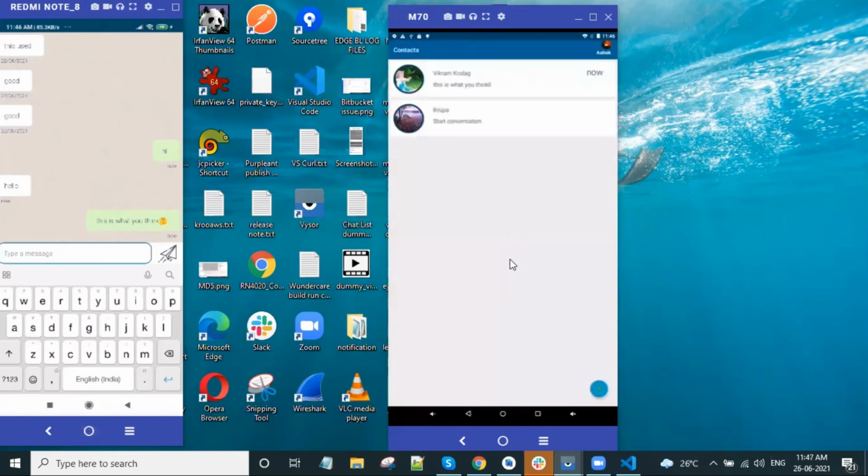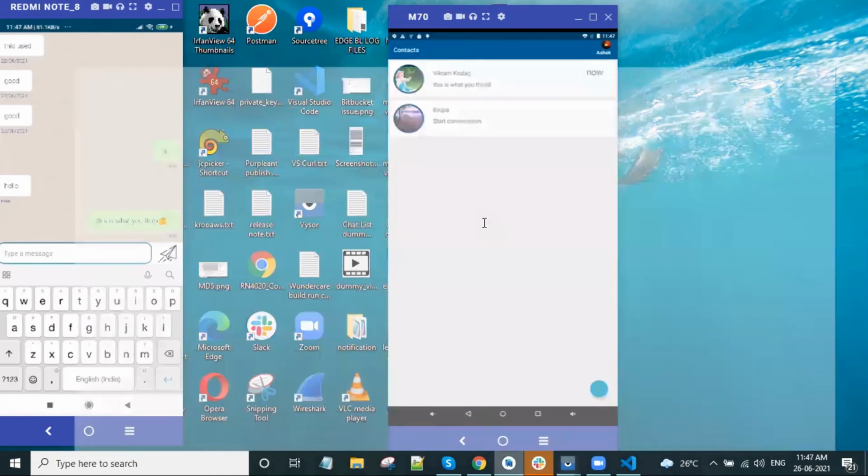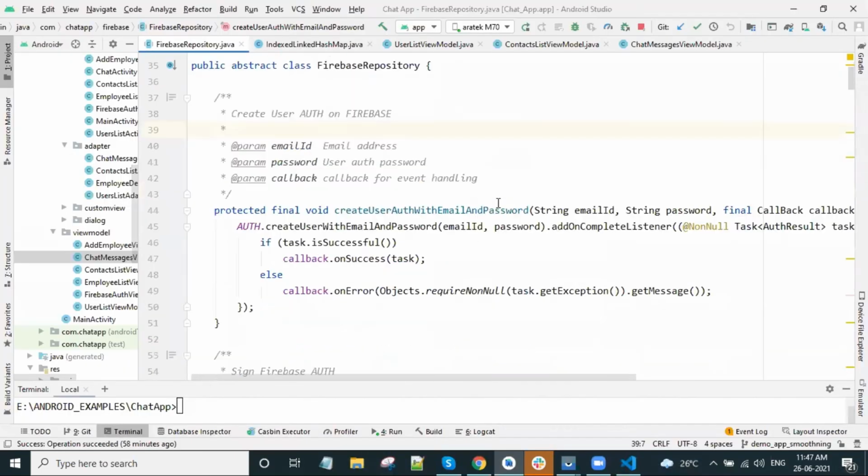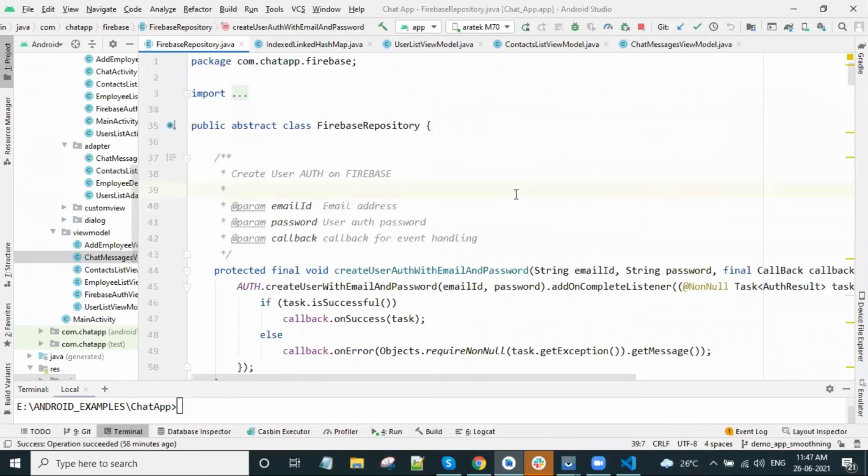How we have implemented it, I will show you the Android code. For this, I have created one Firebase repository with all the utility classes provided by Firebase.